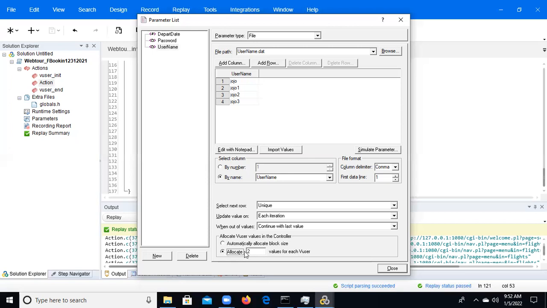After that, the next 10 users will pick the second one. So this is the block concept. Everyone understand?